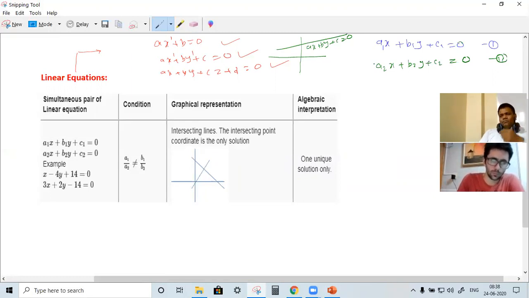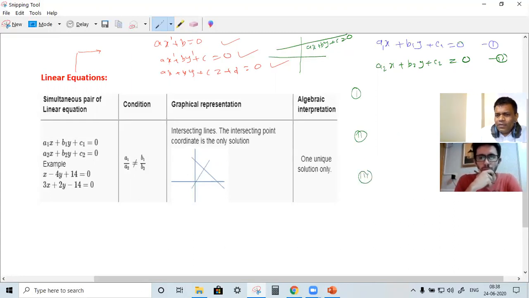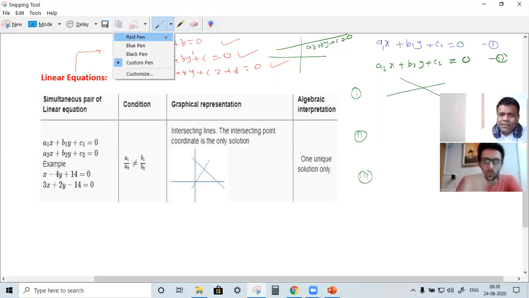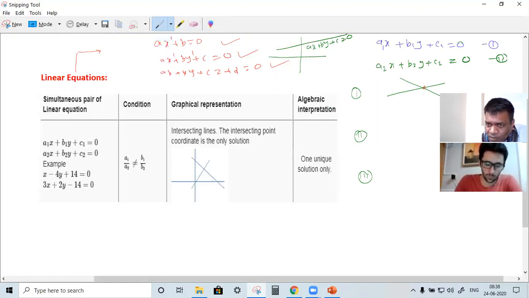Now, when I'm going to solve these two linear equations, before I solve, I can say one thing. When you take two straight lines, there are 3 conditions. I'll write the conditions one by one. The first could be one line intersecting the other line. When one line intersects the other, you will see there is only one common point between these two. In other words, if you solve these linear equations, you will get one solution.